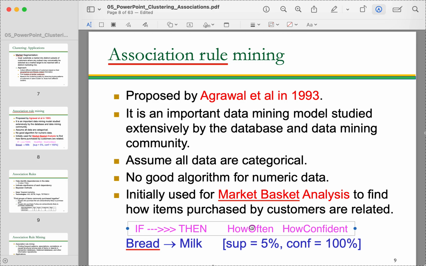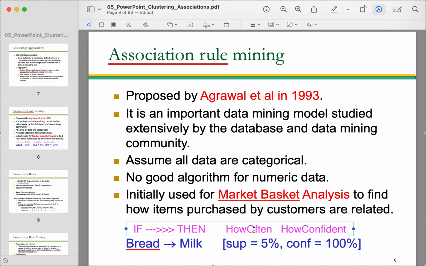So let's say today 100 customers came, we recorded 100 transactions. How many of those purchased bread, first of all? 5%. How many of them purchased the bread and the milk together? 5%. How many of them, when they purchase bread, they also purchase fruits? 4%. So we could calculate this kind of measures just to tell us how confident they are and in how many of